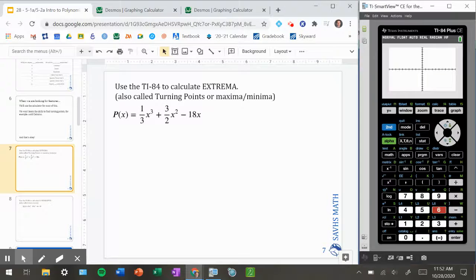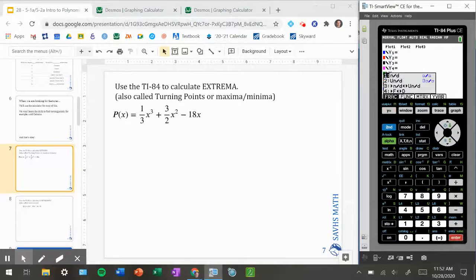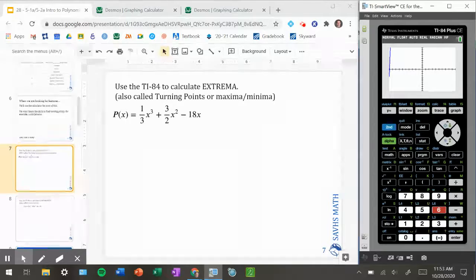Okay, so here I am with my TI-84. You can go to the y equals menu, and what we're going to do is type that whole polynomial in. To get a fraction, you can do alpha y equals, and then enter. So then 1/3 x to the third plus fraction 3/2 x squared minus 18x. And so I'm going to do zoom 6 to get the standard viewing window,